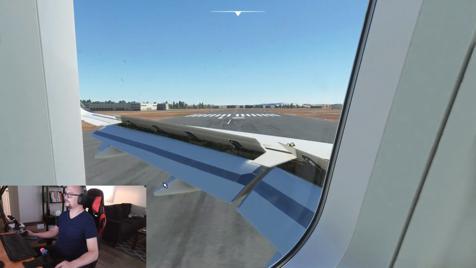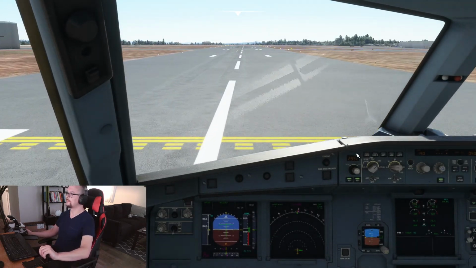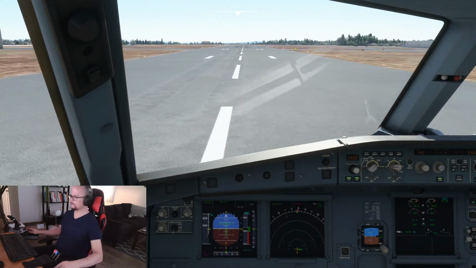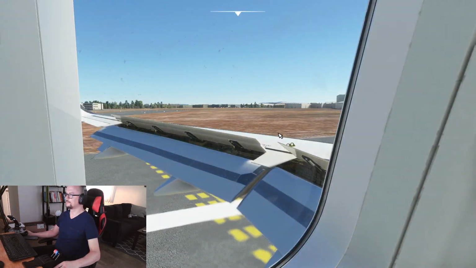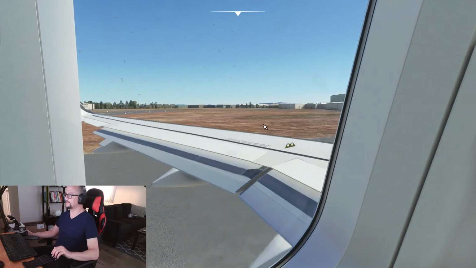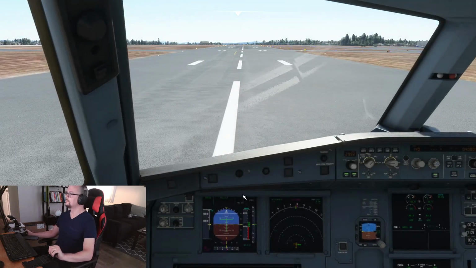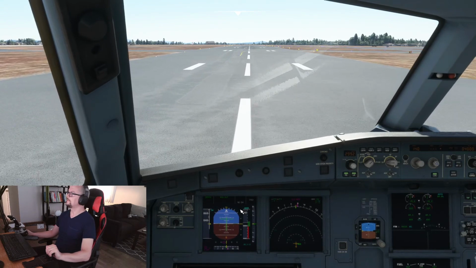Yeah, we had the spoilers armed, so that was all good. Airbus A320, exit runway when able. And yeah, so I think it's cool to kind of watch them go back down. Yeah, so they just told us to exit the runway,